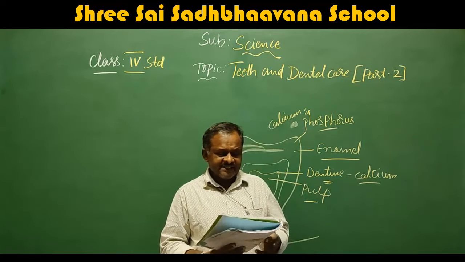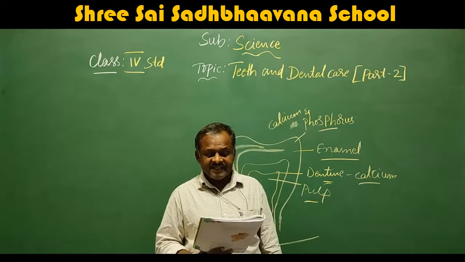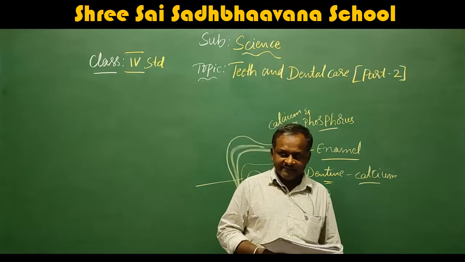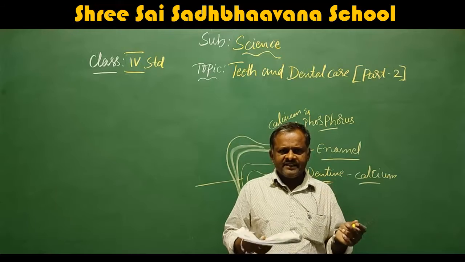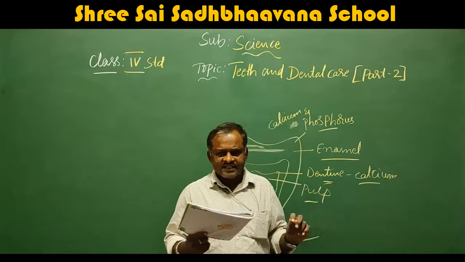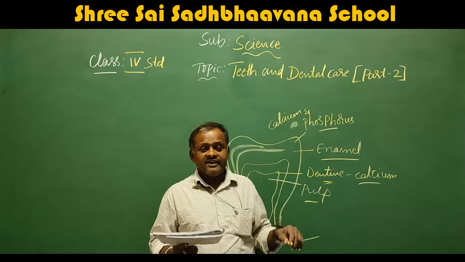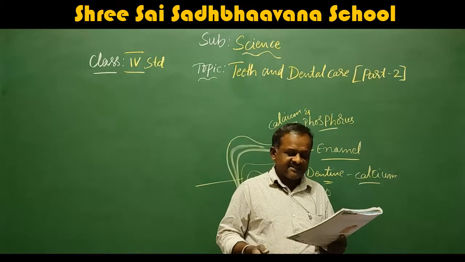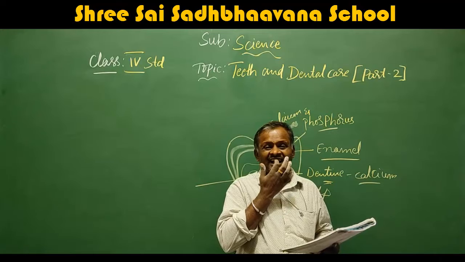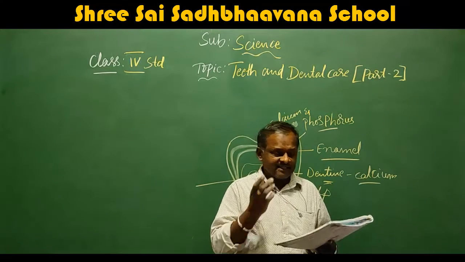Types of teeth. Each type of tooth has a slightly different shape and performs a different job. That means they are different in shape, slightly, not so much. They are slightly different and they do some different jobs. First comes the incisors. What we have here in the front are called the incisors.